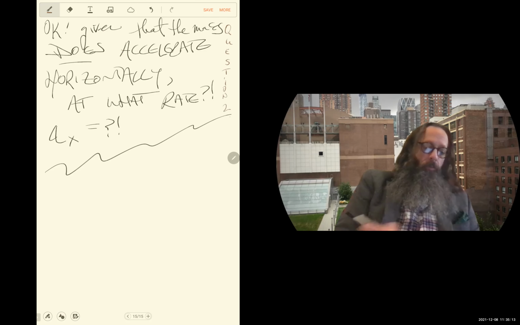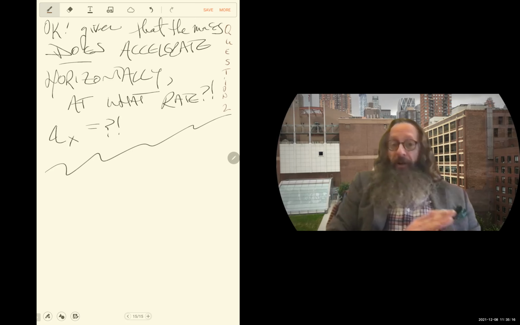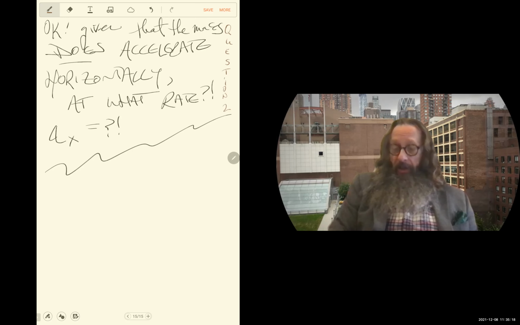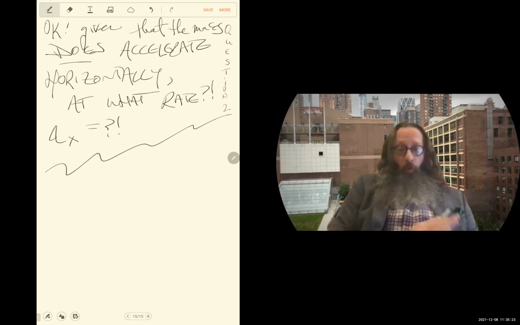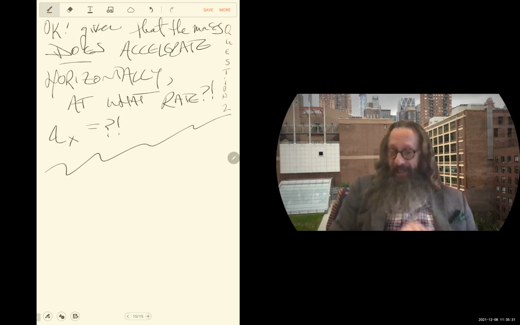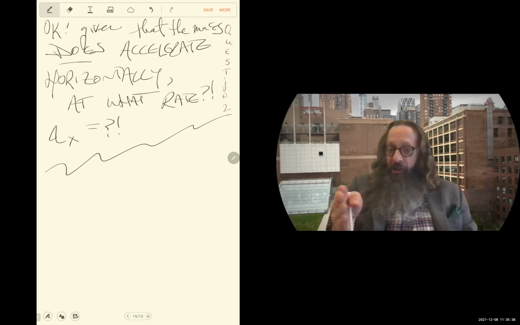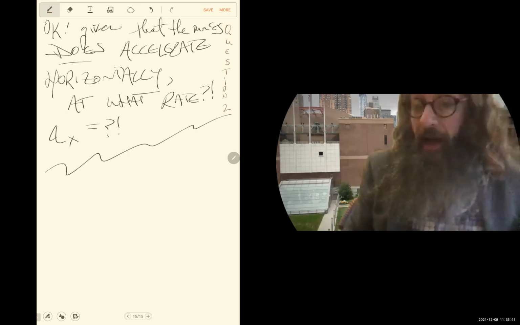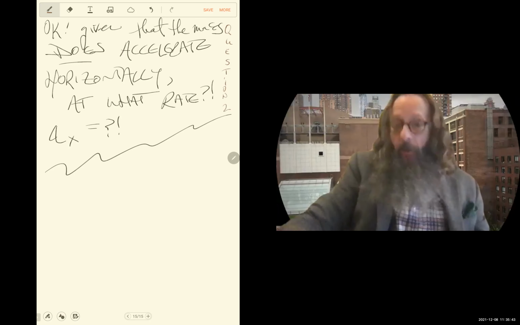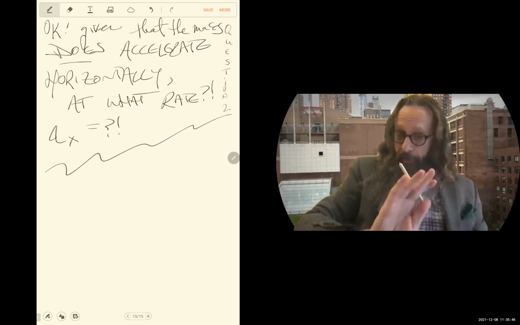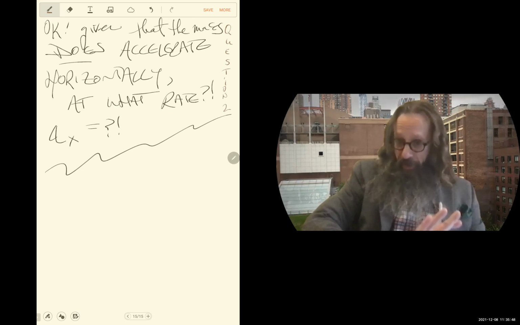So question 2, our final question was, assuming that the thing does accelerate, at what rate does it accelerate? Now, you have to be a little bit careful here. We've done the hard work, and what we're about to do is not much harder. Now that we've broken the static friction seal, the thing starts moving, but it's still rubbing along the surface. There's still friction acting. It's just no longer static friction. It's now kinetic friction, so we have to use that coefficient now.